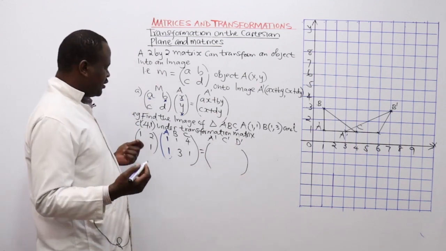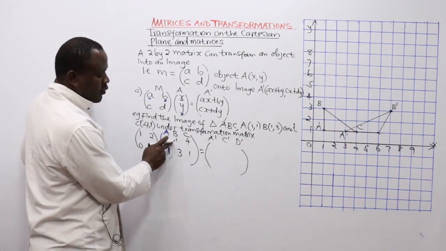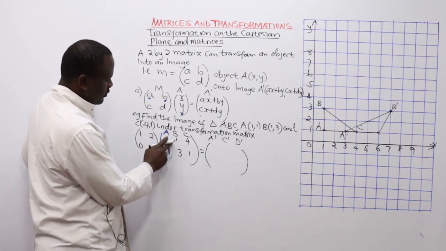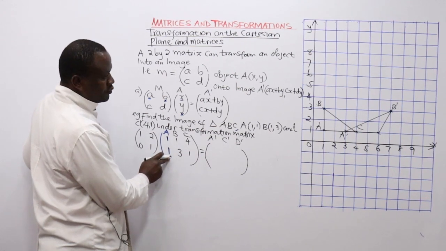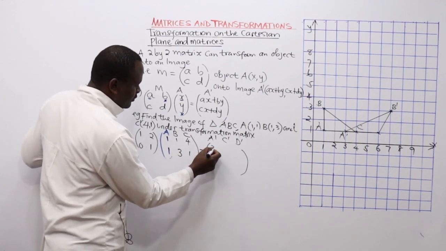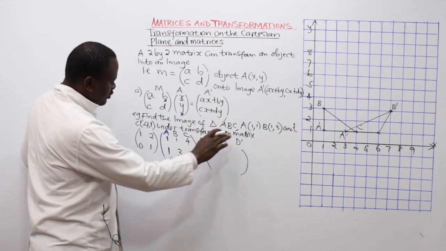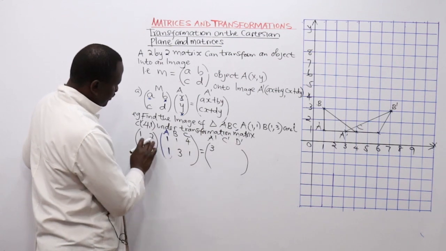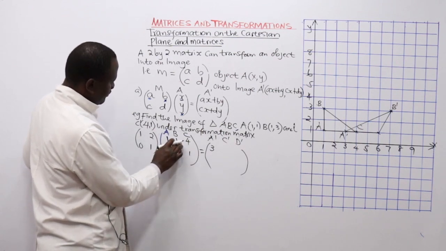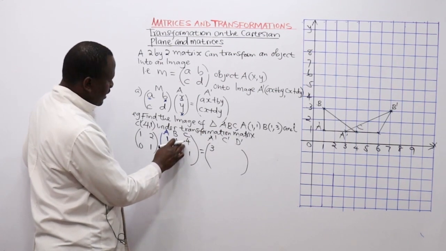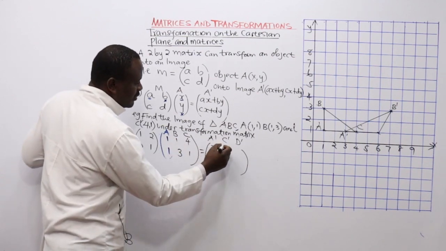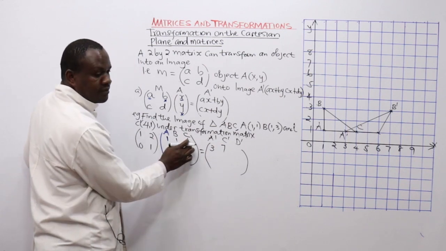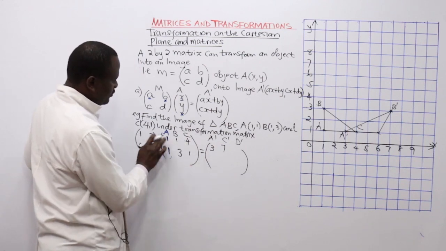Now, we can do everything at once. 1 times 1, 1. Plus 2 times 1, that will be 2. 2 plus 1 gives us 3. So we can continue with all that. 1 times 1 is 1. Plus 2 times 3, 6. That gives us 7. 1 times 4 is 4. 4 plus 2 times 1